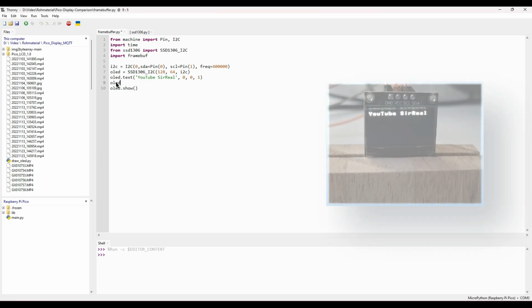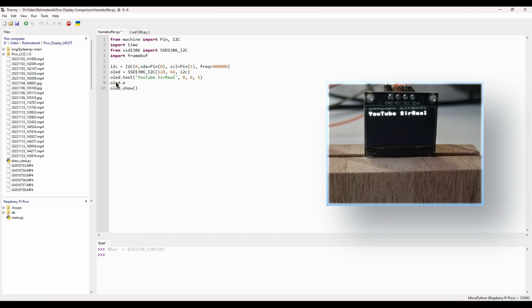So we use our object OLED, we use the ellipse function, and you have to say where you want to place it, and let's put it in more or less the middle, not exactly the middle, but 40, 40. Now you need to define the width and the height. Let's do a circle by taking the same color,